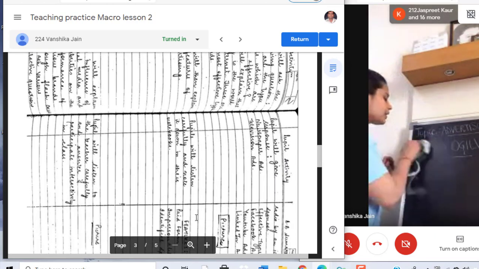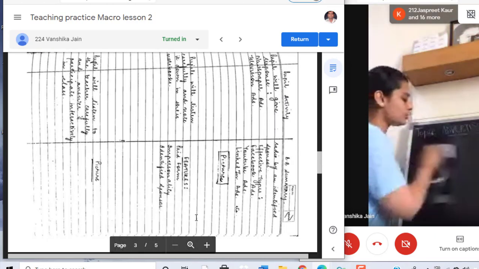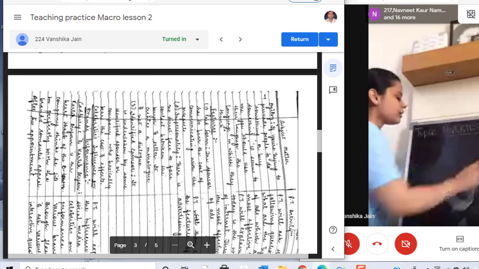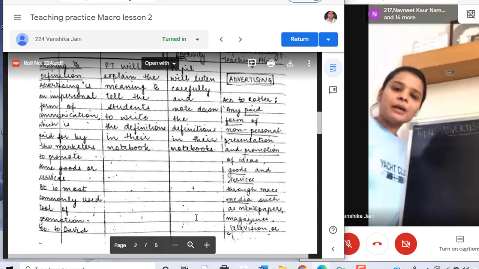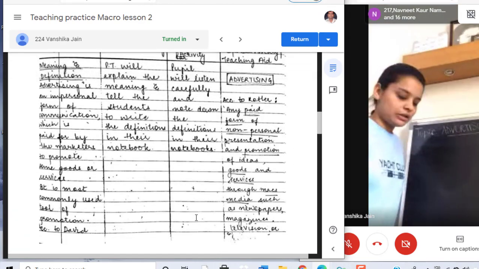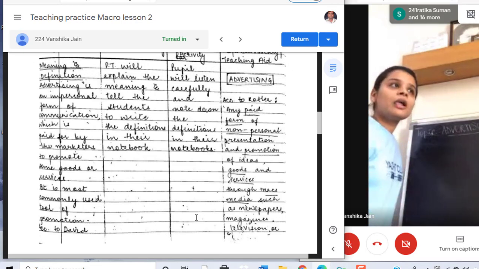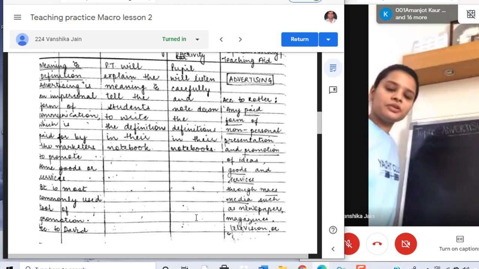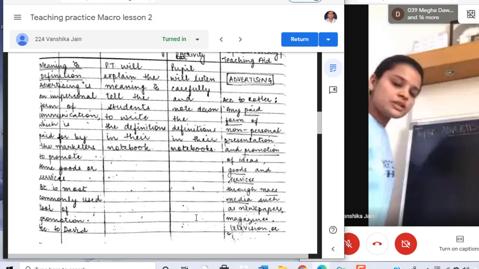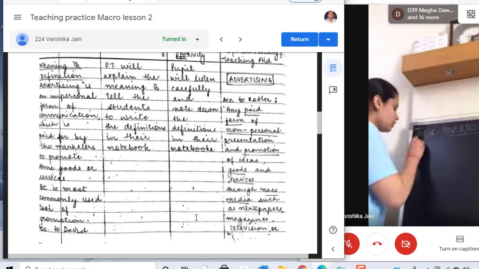For example, if you live in Punjab, right? If you look at the advertisements here, people here prefer Canada a lot, so you see the advertisements of visas and IELTS all in Punjabi because Punjabi people understand Punjabi way better than any other language. Okay, open your notebooks and now write down the definition.